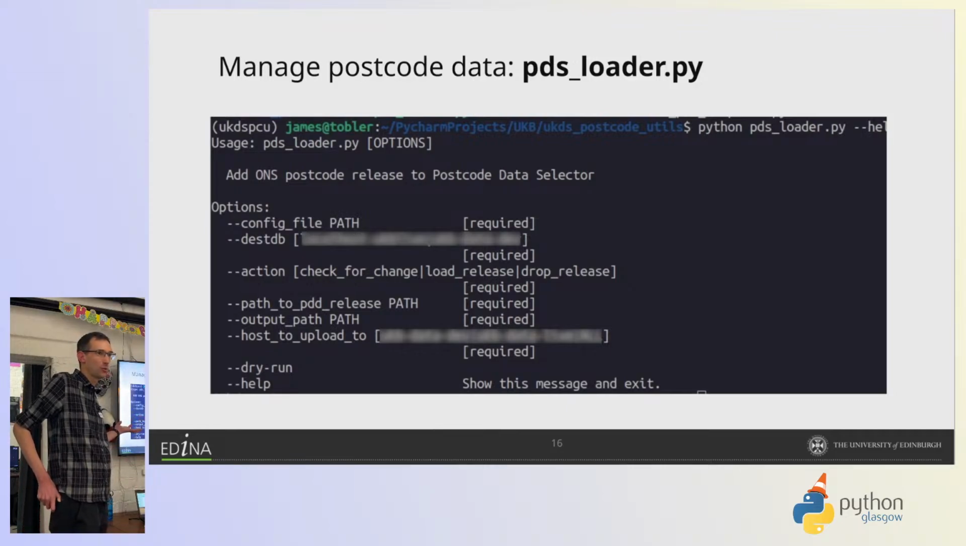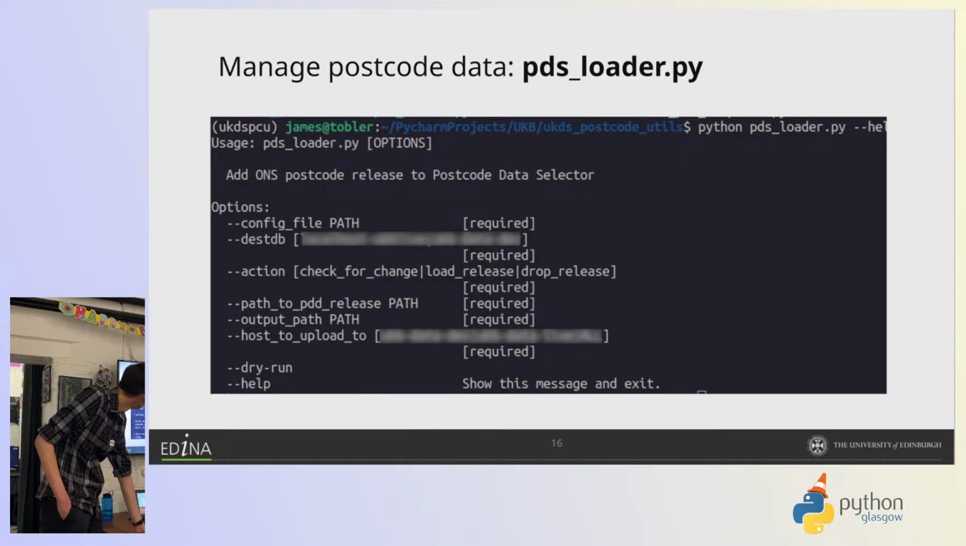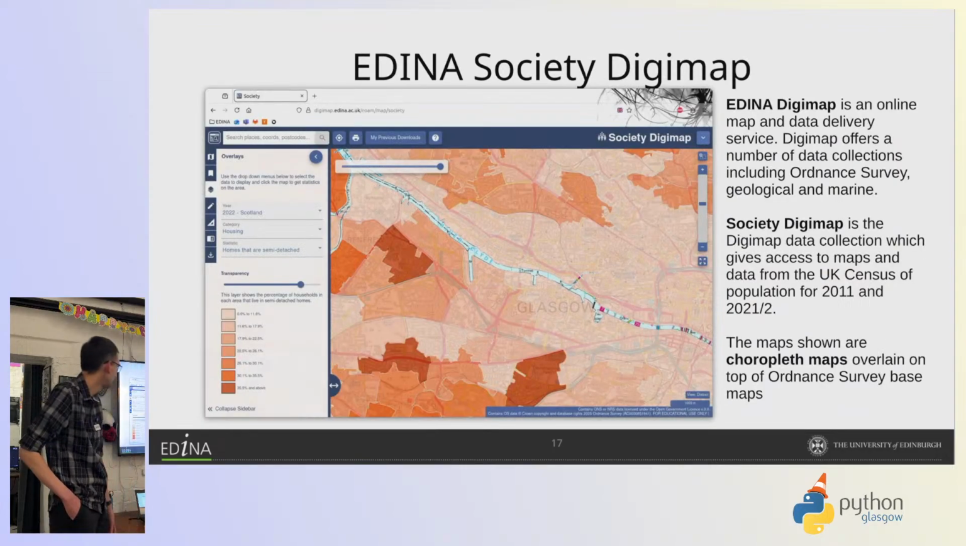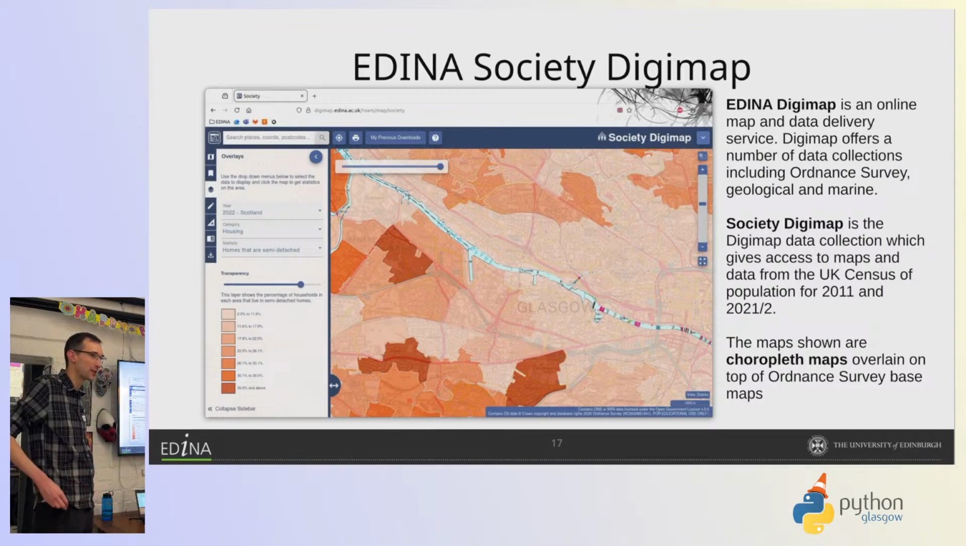The boundary data tool will run daily, multiple times within a week, when we get a new data set we have to load. The postcode data tool will be run every 3 months when the ONS, the people who provide the boundary postcode data, require to do a data update. I'm now going to move away from the UK Data Service and look at how we use Python